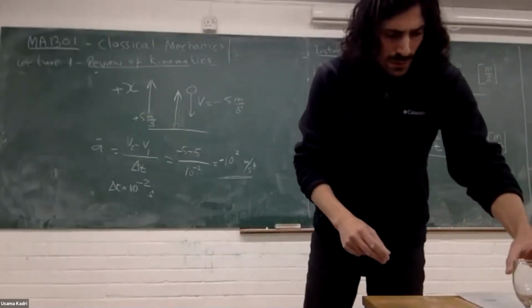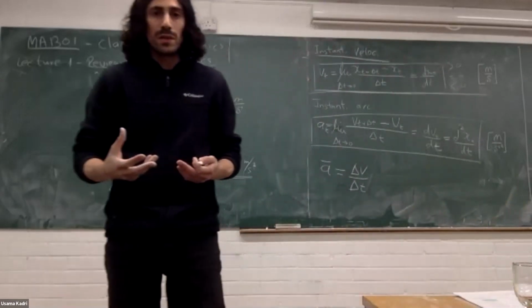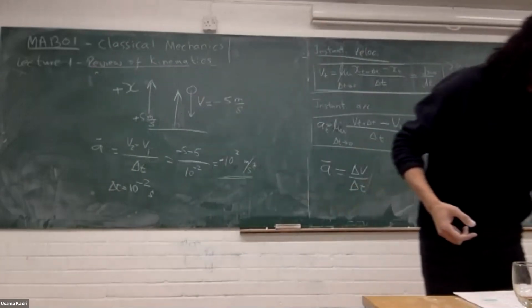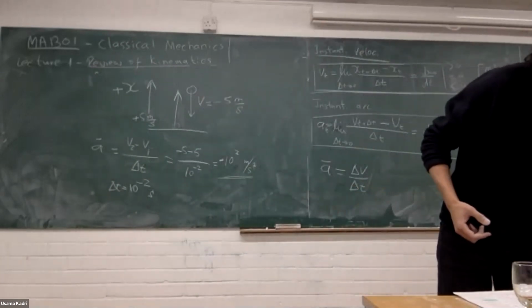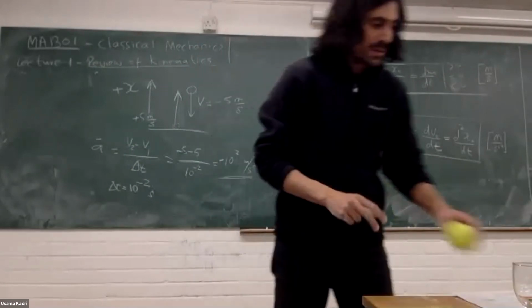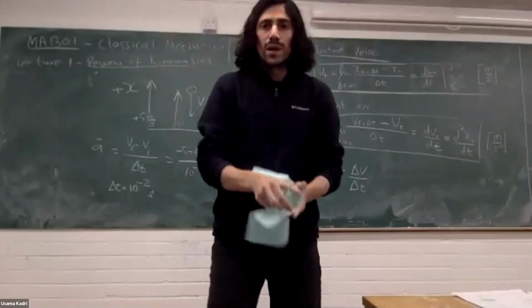Now, the reason that things break is because of this amount of acceleration. If you reduce the amount of acceleration, you would have more chances for the objects to survive. This won't break, for example, also because of the material it's made of. I could wrap this with,